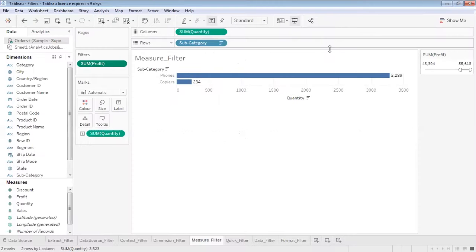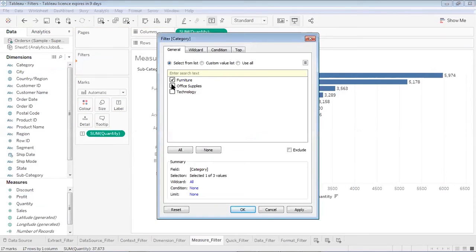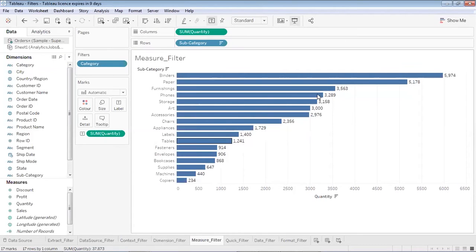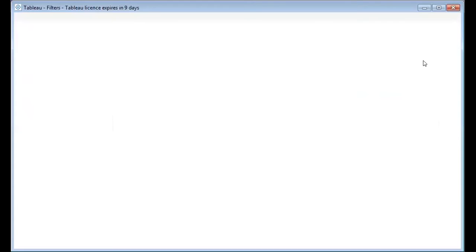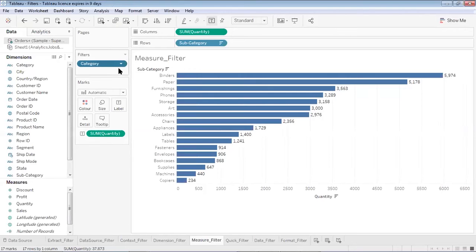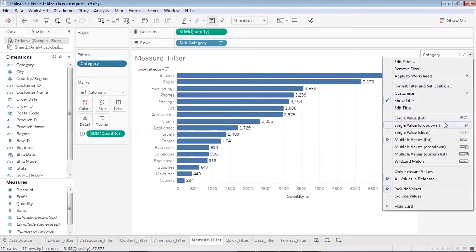Whenever you are adding these filters, maybe categorical or maybe discrete or numerical, like this filter over here, right now this filter is in my pane, but when I show it to the user, this filter will not be visible. To make this filter available to the user, I'll go over here and say show filter. Now this filter will be available to the end user when he sees the visualization.